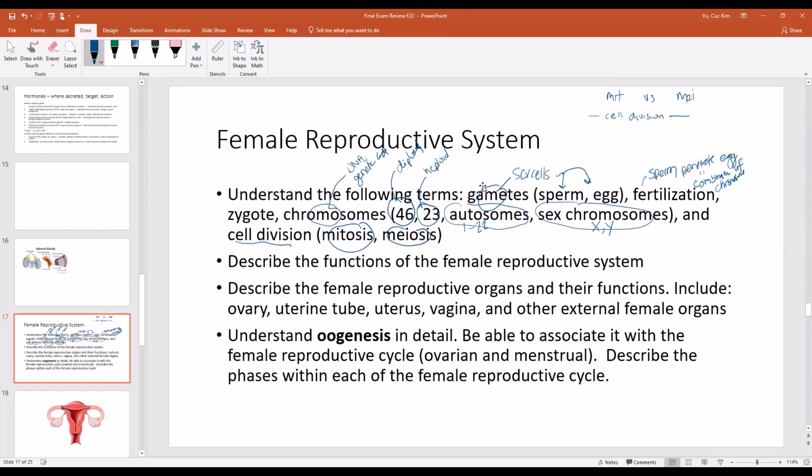Well, actually it divides once, but it divides first and then it copies. No, you're right, it divides. So the first step is it divides, and the second step is that it copies and it divides. So the order in which things happen is a little bit different, okay? So they're both forms of cell division, and they both start off with 46